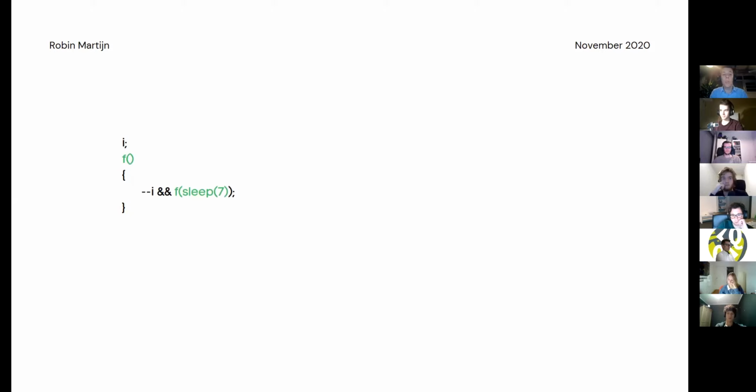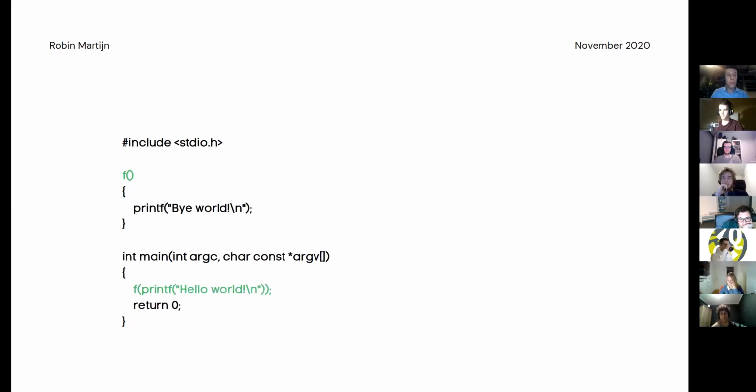Okay, I'm sorry. We're going to start with why the arguments work. So we see that f has no arguments, and yet f uses arguments in the line itself. So what happens here? We look at a brief example, which is this one. In this example, we have a function f, which takes no arguments, and we have a main function which calls f with an argument, which is a function.